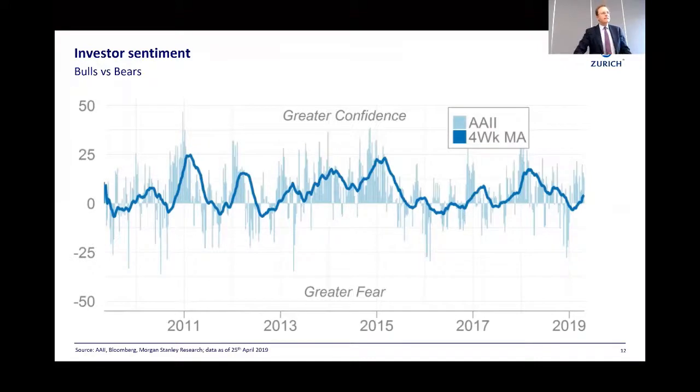In terms of investor sentiment, this chart I always find quite interesting. It just looks at the American Association of Individual Investors. So there may well be quite a bit of behavioral issues tucked into there, but you can see just at the start of 2019 how concerned investors were. So dipping into the fear side of the gauge doesn't happen that often. It does happen occasionally, but not that often. And we can see that we visited that in early 2019. And that really sets up the opportunity for a recovery. And we're back into more reasonable levels,